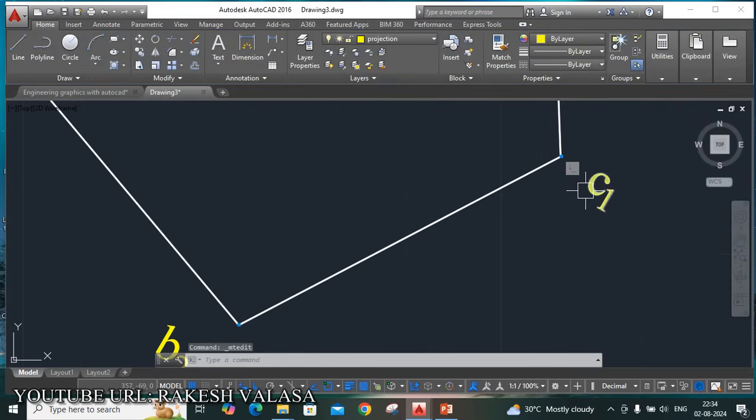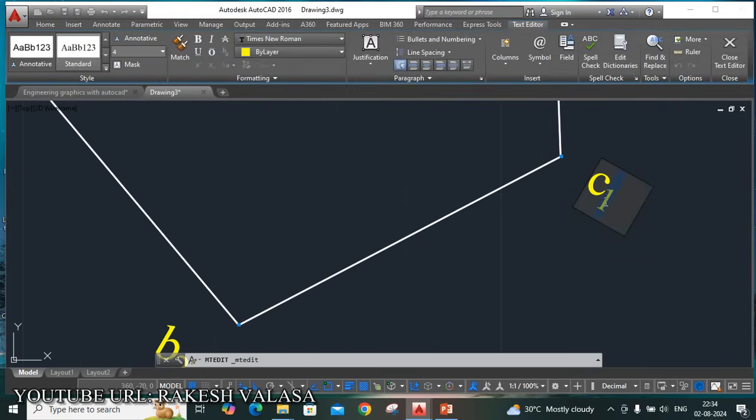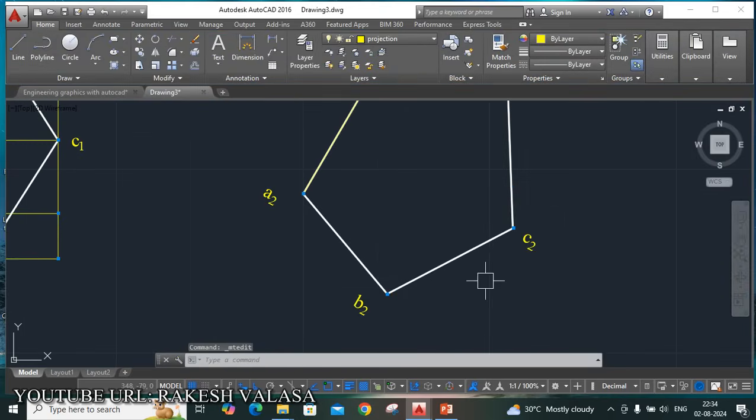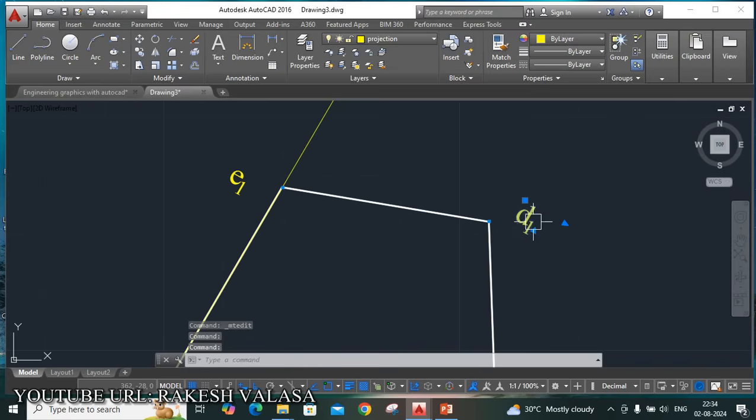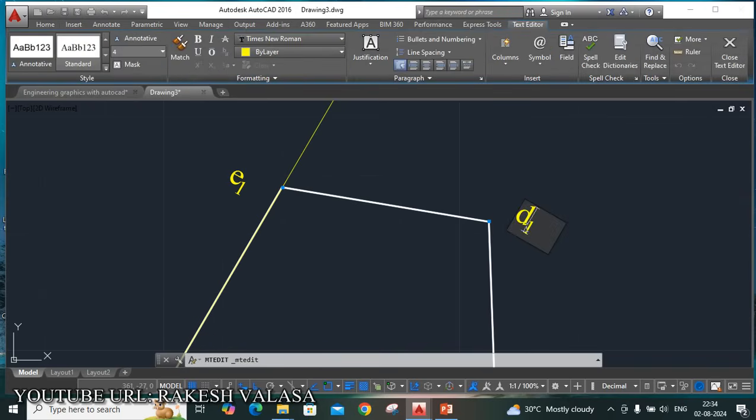Then change the remaining notation, that is C2, apply the subscript. Next D2 and E2. This is the D2, this is the E2.